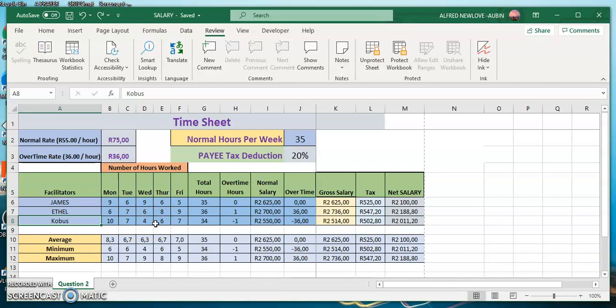Now, these are the total hours that they work. If you add everything here, you get the total hours. So look at the formula you have there. Alright, I added everything here. I didn't want to use the sum, but to use this because